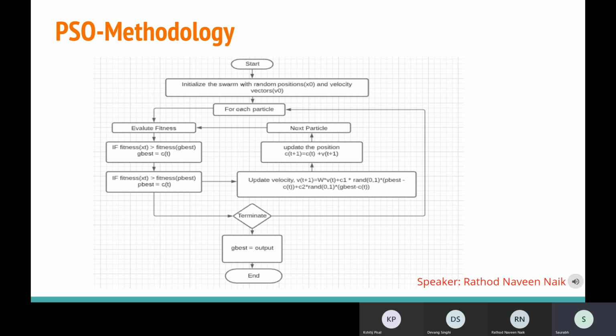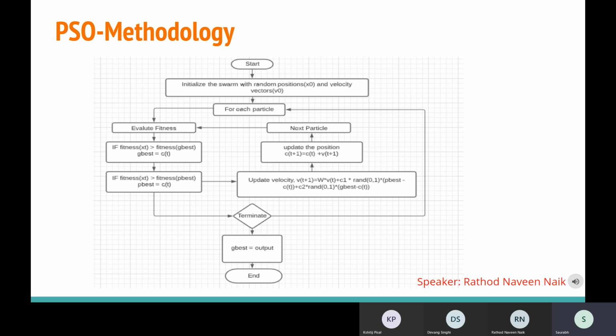So here I discuss the particle swarm optimization methodology. Initially, the process starts with assigning random position and velocity vectors to the swarm. Then for each of the particles, we need to evaluate the fitness. If the evaluated fitness is greater than the global best fitness, then the global best fitness is updated as that